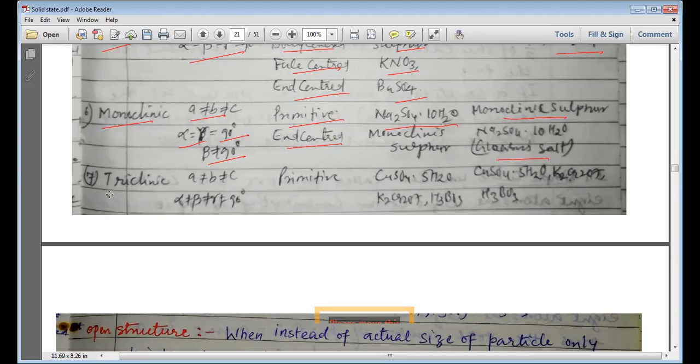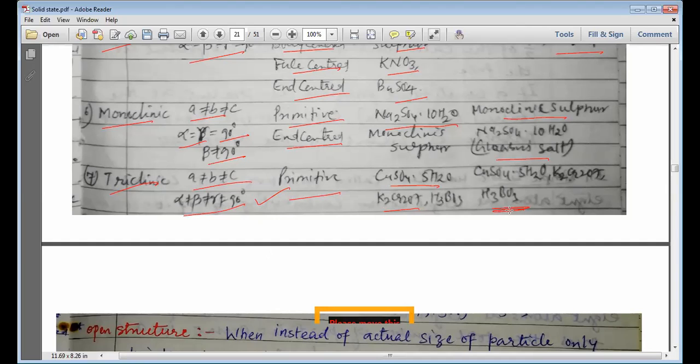And then the last type of unit cell that we have is known as the triclinic unit cell. In the triclinic unit cell, we have a is not equal to b is not equal to c, and alpha is not equal to beta is not equal to gamma is not equal to 90 degrees. That means none of the angles is equal to 90 degrees and none of the sides are equal. So here we have only the primitive kind of unit cell, and the examples of triclinic are CuSO4·5H2O,